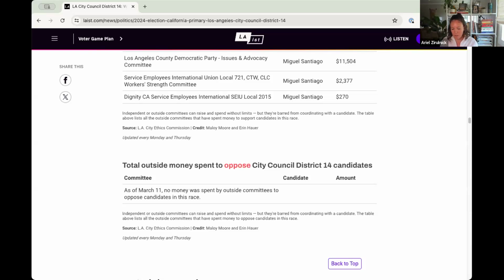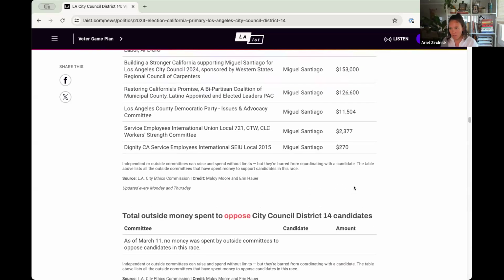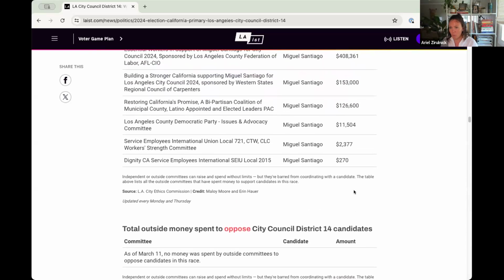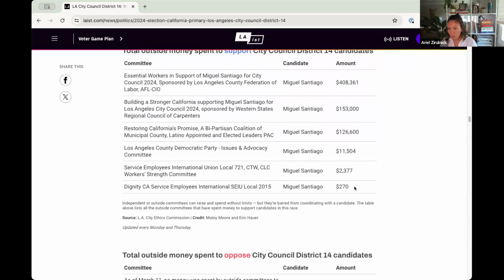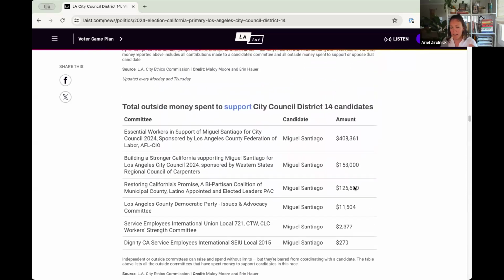But I think it really comes down to what is the audience need around money in politics, and then how can you orient the visualizations around that? I don't think that we got there yet at LA. I think this is a really good start, but there's a lot of room to improve from that perspective of how can we make sense of this?